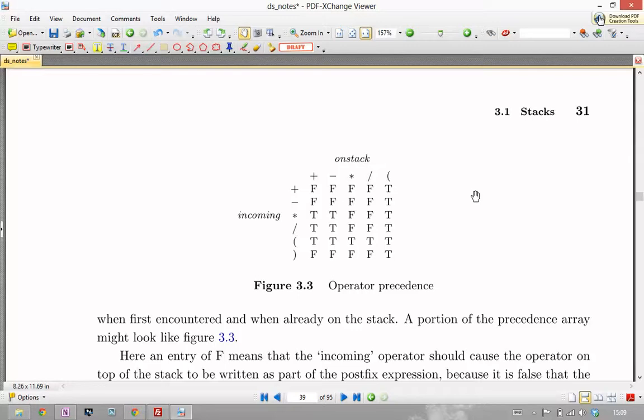Until it reaches a matching left, and then they're both going to go poof, and you're going to continue on your merry way. It's commonly the case that you'll get to the end of an infix expression, and you'll have numbers on the num stack and operators on the op stack, and you've parsed the whole expression. At that point, what do? Just start popping operators and evaluating them until you're done, and you'll have a result at the